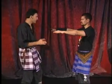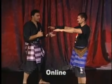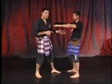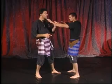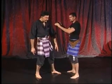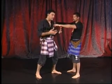If I was to take one step to the outside, I'd end up on line, which is not exactly a great place to be, especially if he's got a weapon in his hand, but it's a little bit better than the inside, because on the inside, a good trained fighter is going to have a punch available. He may have an elbow, a headbutt, a knee. He may even have a kick, all on the inside available to him, not someplace I want to be,